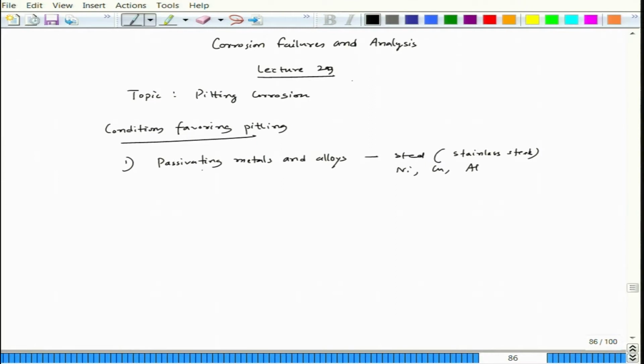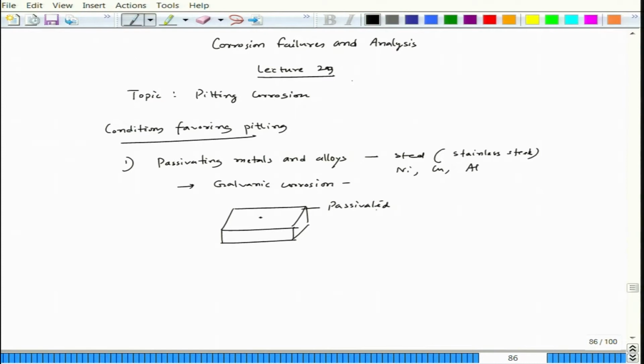Now, if a pit forms in case of a passivating metal, and the metal is in the passive state, it can be serious, it can grow quickly. Why? It also involves a little bit of galvanic corrosion. So, let us see. For example, let us say this is a surface, and this surface is already passivated. Now, by some means there is a small segment where the passive layer is broken.